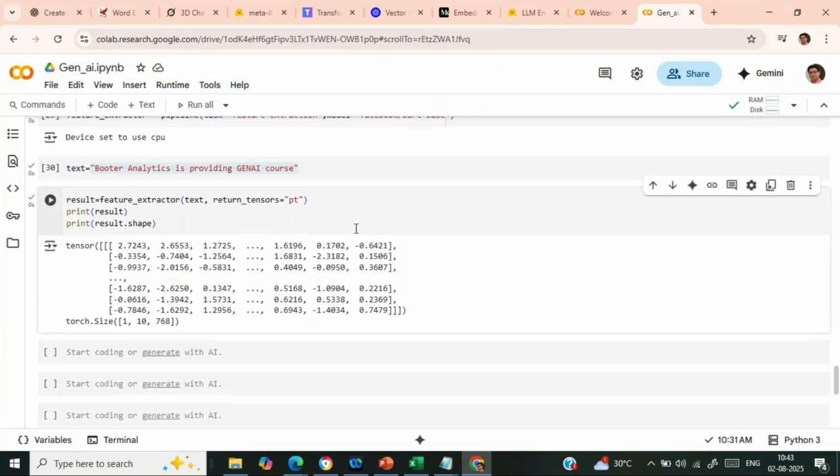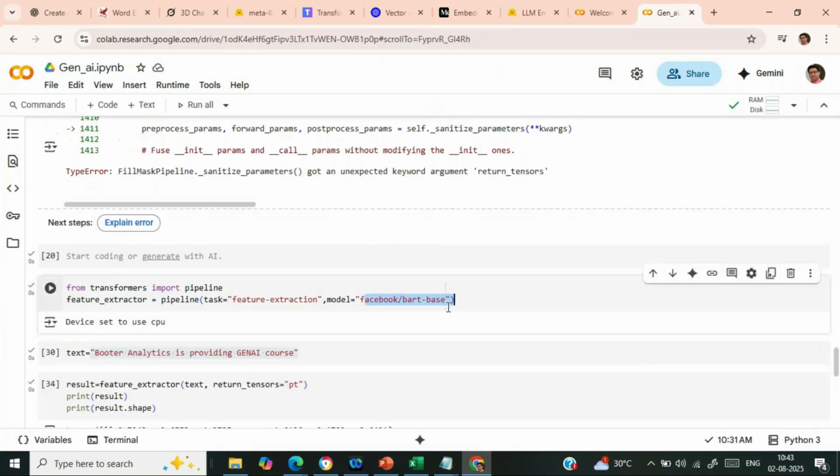I'm having this particular model, Facebook BART based model. We are having Google BART based model as well. We are having Llama model as well. We are having GPT models as well. Different models are there which can perform different tasks, but with respect to your task you need to